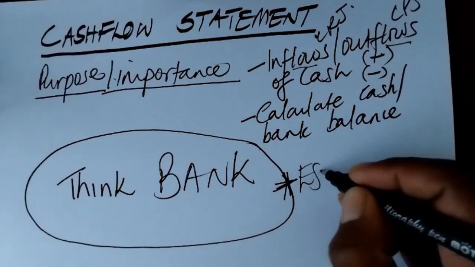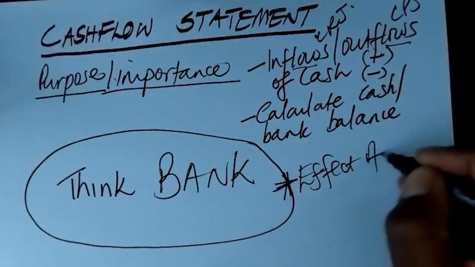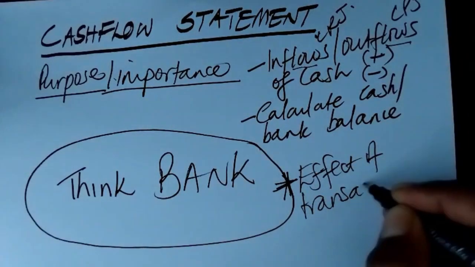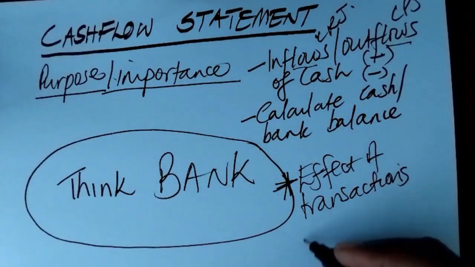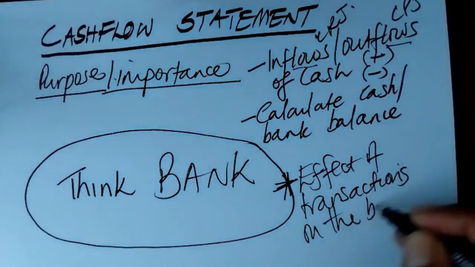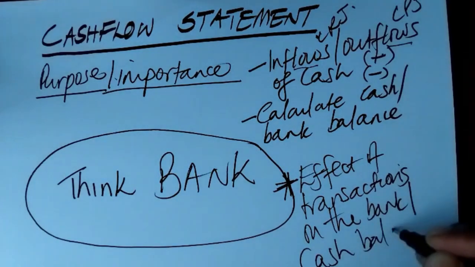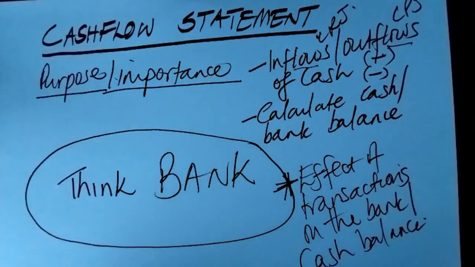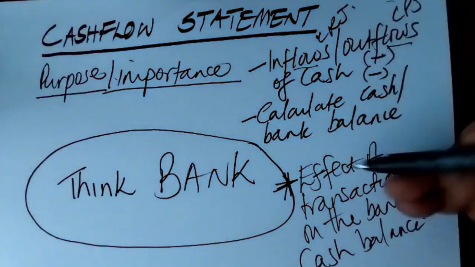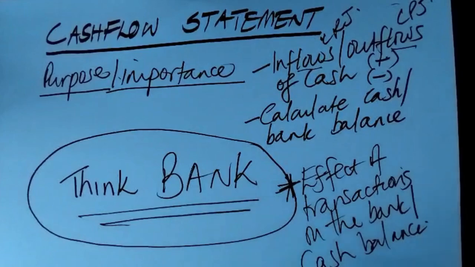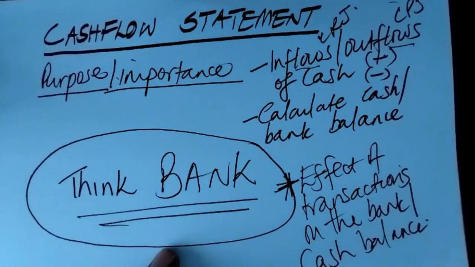That's what it talks about. It's the effect of transactions on the bank or cash balance. That's what the cash flow talks about. Effects of transactions on the cash or bank balance, because it's inflows and outflows, which is CRJ, CPJ, and that basically talks about the bank account balance. Okay, moving on,